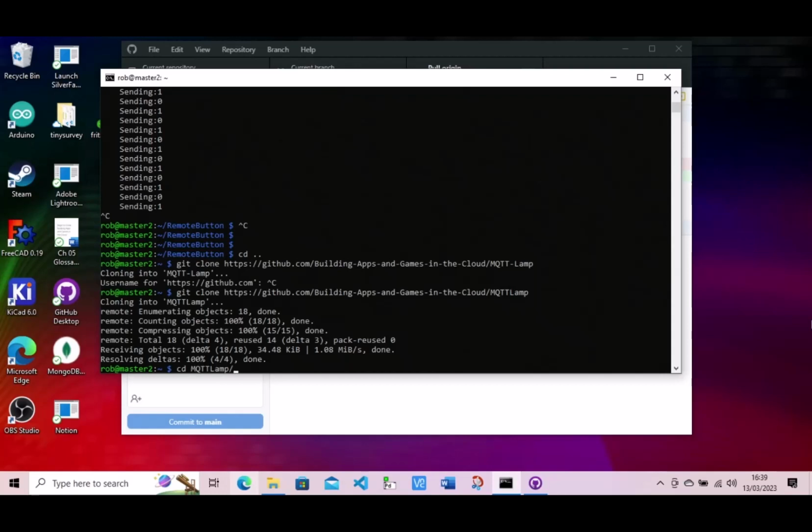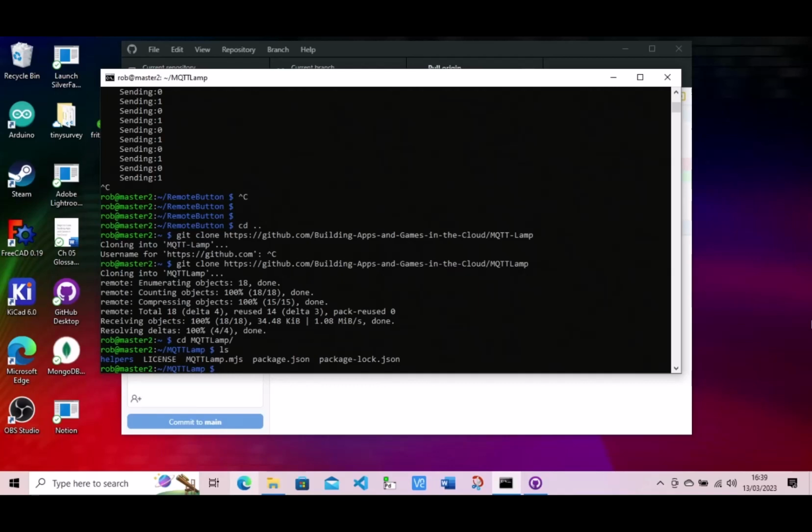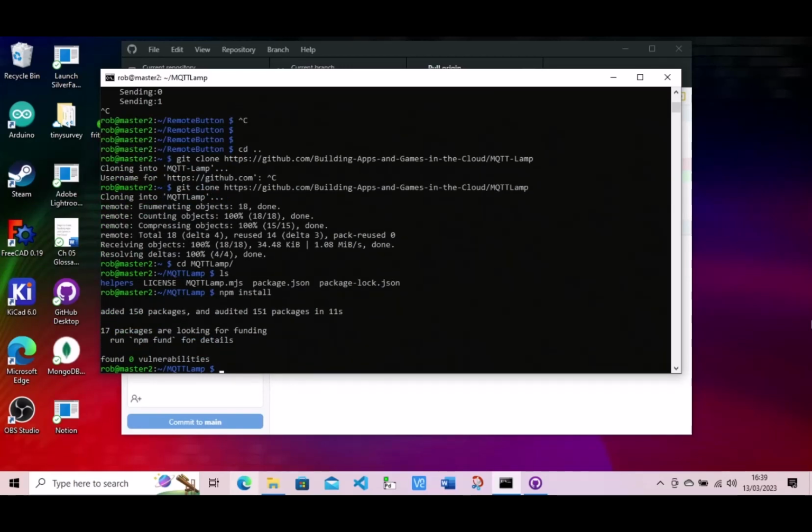I'm going to use the nano editor we saw in the last Make Something Happen. Let's just have a look at what files we've got before we go any further. I do have to do npm install because this application uses the MQTT libraries that use all kinds of other things. It also uses the hardware libraries as well to talk to the hardware on the Pi, because we're going to receive an MQTT message and we're going to send the light on or off depending on the message.